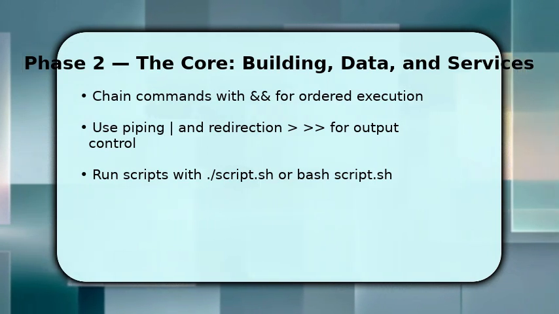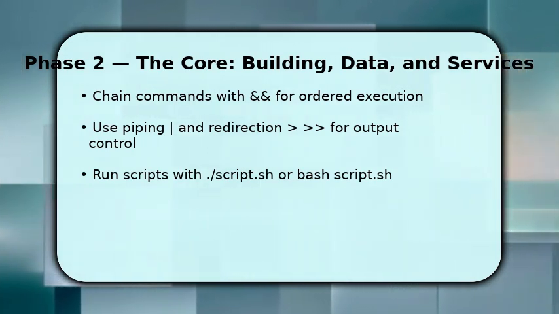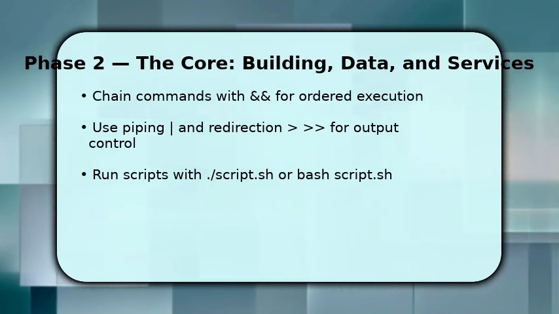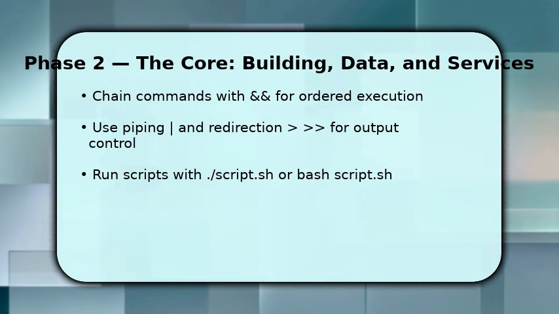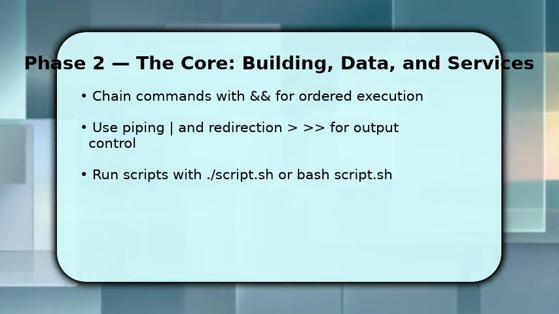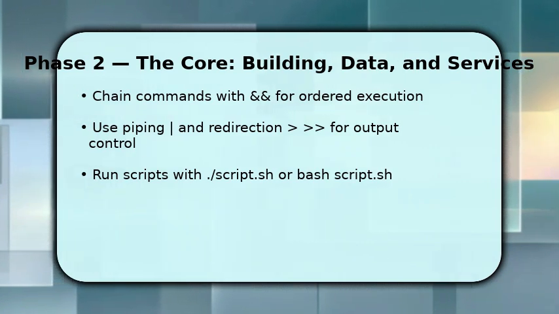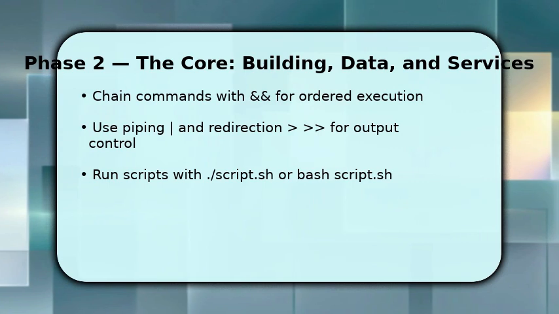Run a simple command, then extend it with flags to refine behavior, for example, ls -la to inspect files. When you need sequence, use && so the next command runs only if the previous succeeds. This prevents partial failure. Pipe output to other tools with | or redirect to files with >, and once you've tested, run